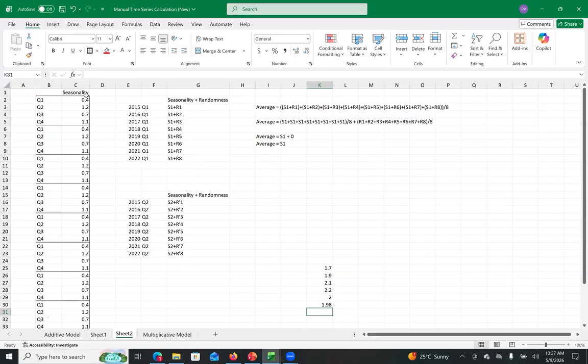So seasonality, obviously, it can be a little bit here and there, right? But that here and there is getting counted in randomness. That's why we have these values which are exactly repeating itself. And later on, I will show you in Python as well using a machine learning technique. It works exactly the same way. It will decompose your time series into 3 parts: the trend component, the seasonality component, and the error component, or sorry, the random component. And you will see that even over there, the seasonality component will exactly repeat itself. Okay, let me maybe show you.